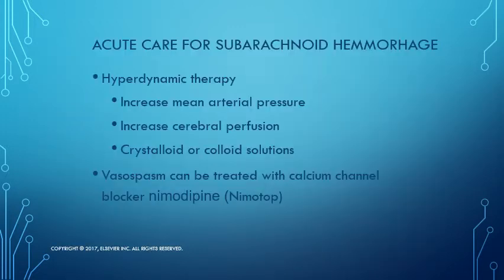So these patients are usually taken care of in a neuro ICU. They are given hyperdynamic therapy, which means their MAP, their mean arterial pressure, is set at a goal, and usually it's the nurse's responsibility to monitor closely and make sure the patient is meeting that goal. They're also given lots of fluid replacement to keep them even, and they want patients to have good cerebral perfusion. They don't want any vasospasm. They don't want any complications from this subarachnoid hemorrhage, and patients get nimodipine to prevent vasospasm.